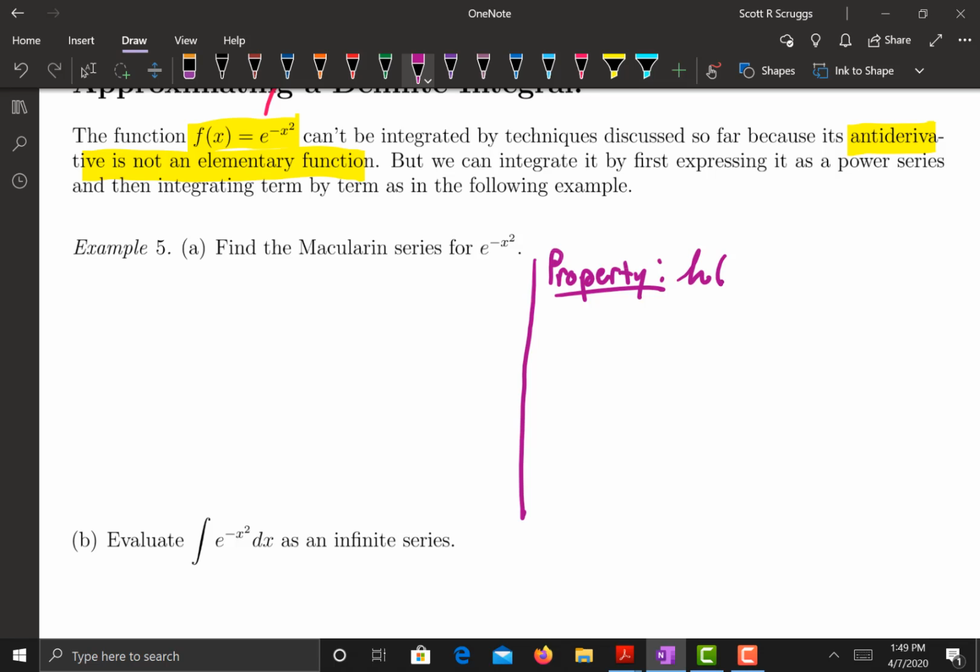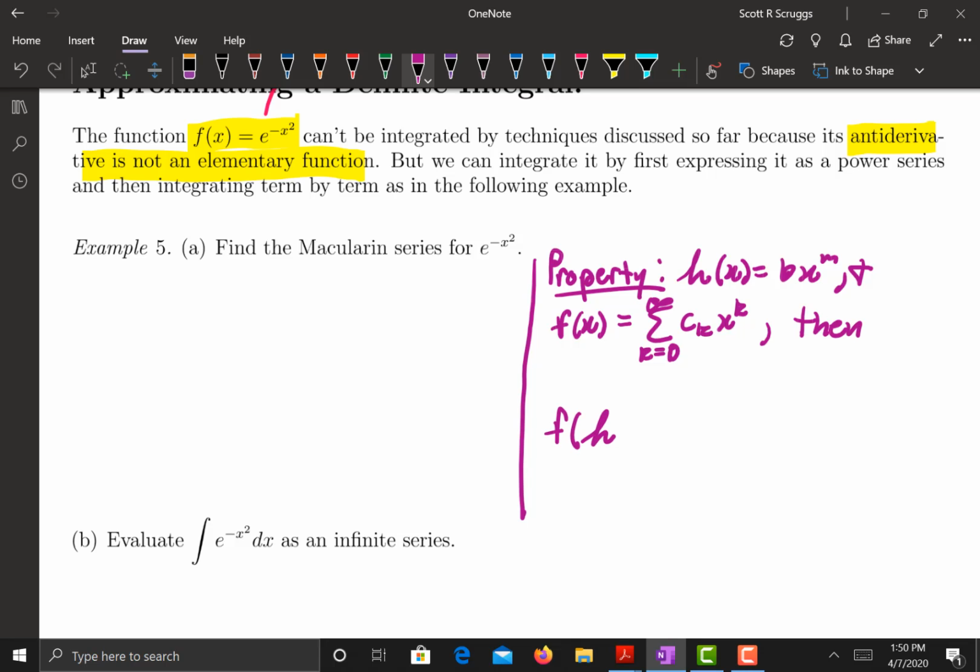If I have a function h of x that can be rewritten as x to the m power, and I already know that f of x has the power series representation, which I'll just write generically, then it essentially tells me